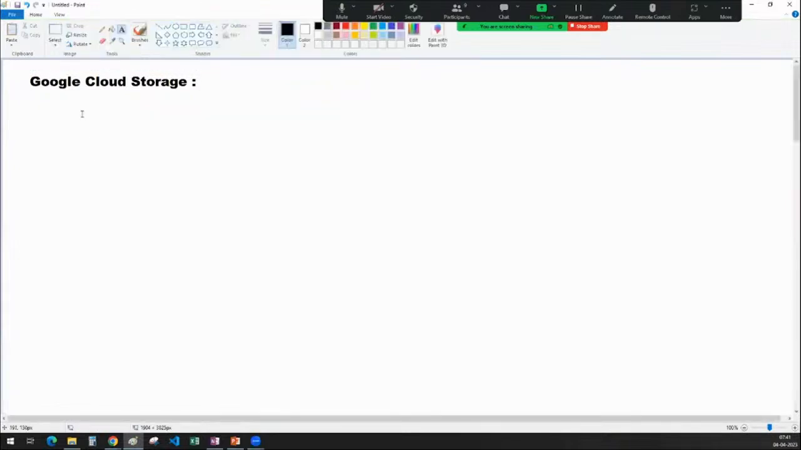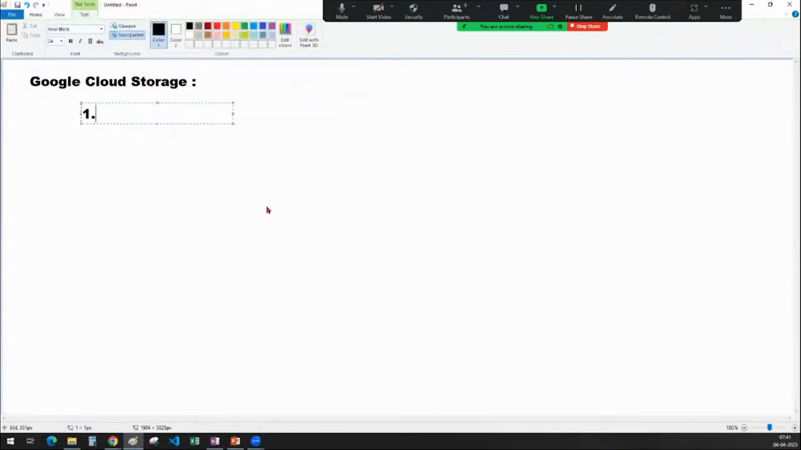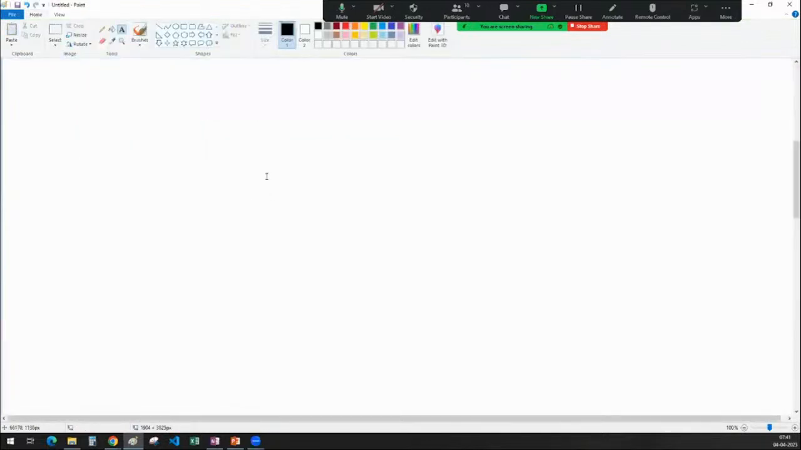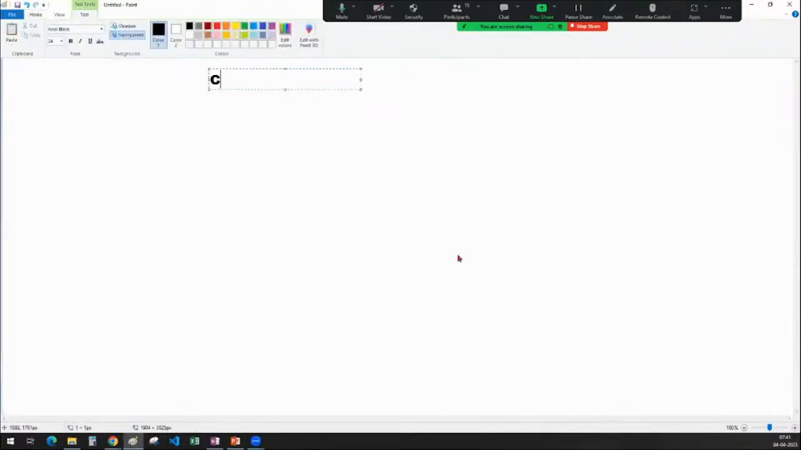Okay, so Google Cloud Storage is one of the fully managed services in the GCP. What do you mean by that, sir? What is meant by a fully managed service? Sir, I want you to understand what is meant by fully managed. For the very first thing, I will try to tell you. Sir, if you go to any cloud platform,